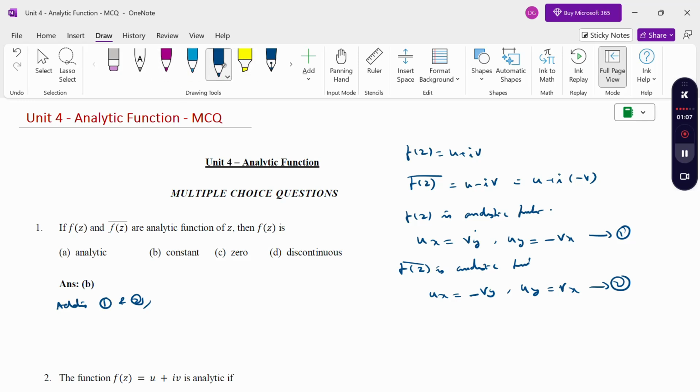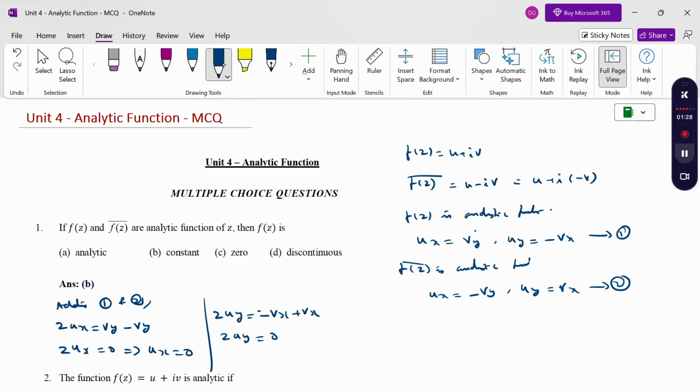When I am adding this, 2ux equal to vy minus vy, then ux is 0. From this, ux equal to 0. Then 2uy equal to minus vx plus vx, therefore 2uy is 0, uy is 0. Now f dash of z is ux plus i uy. When I substitute ux 0 plus i 0 equal to 0, when integrating, f of z equal to c, a constant. Therefore the first option